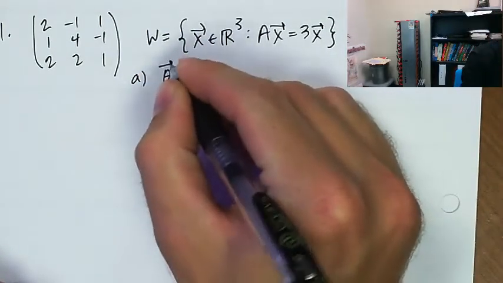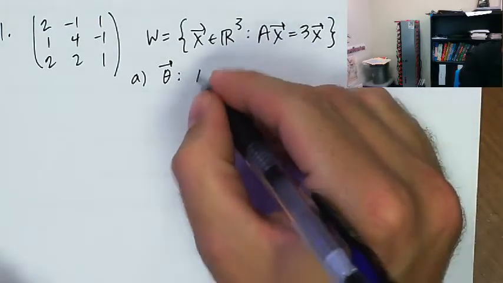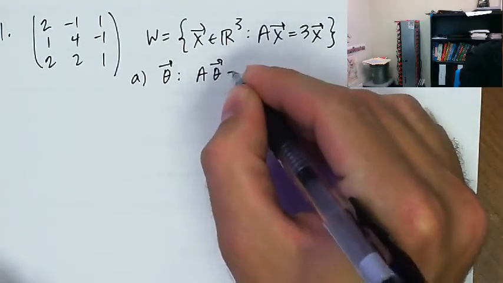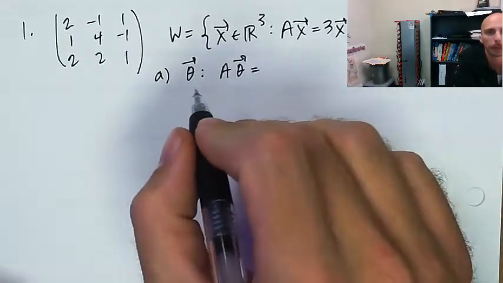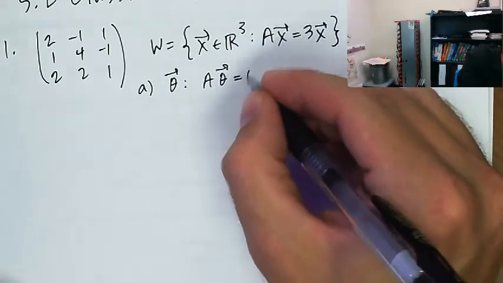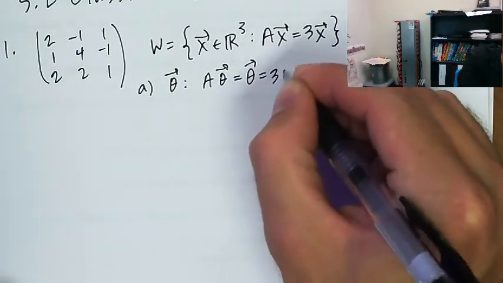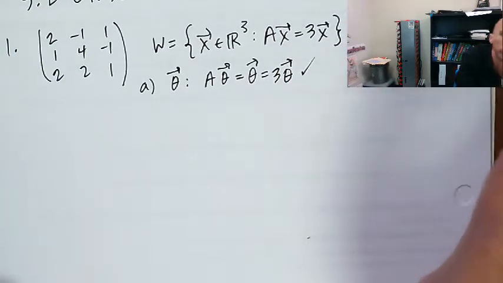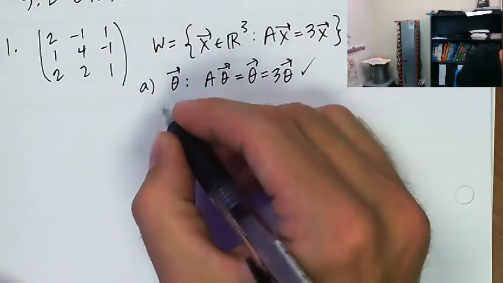Okay, the 0 vector needs to be in it. Is A times 0 equals 0? I know that for any A, if I take A and multiply it by the 0 vector, I'm going to get the 0 vector back. A0 equals 0, which also happens to be 3 times the 0 vector, so good. Okay. For addition,